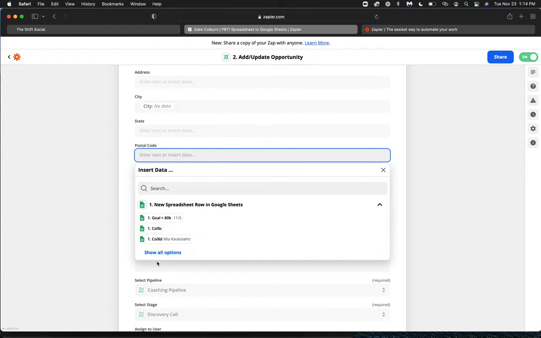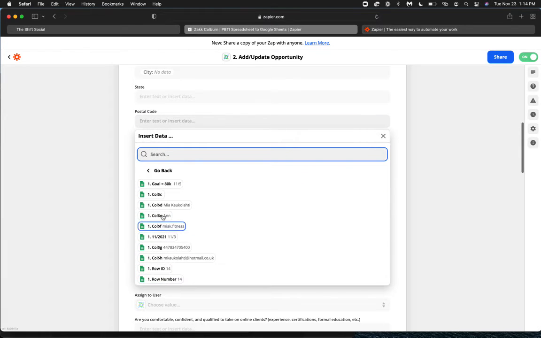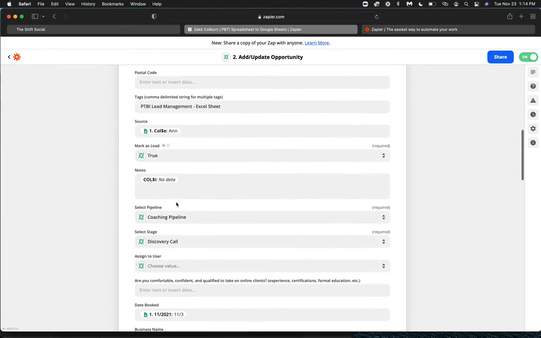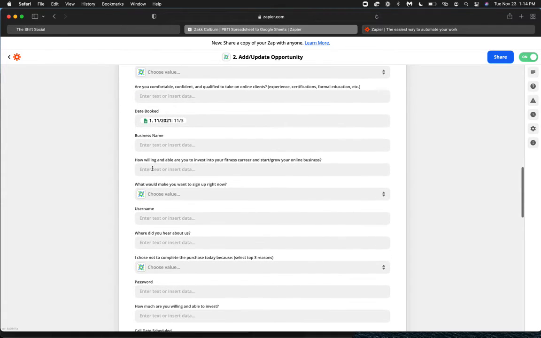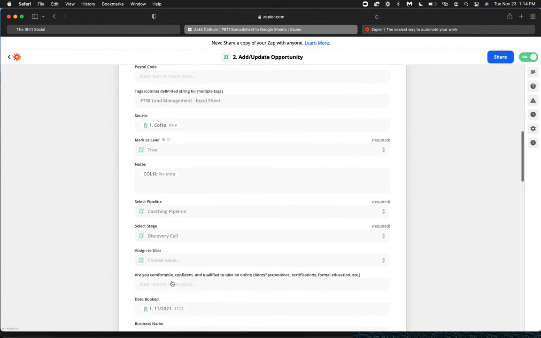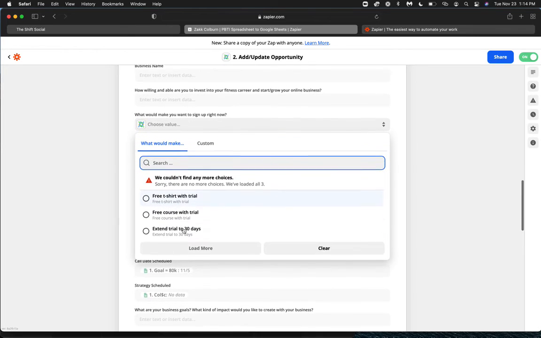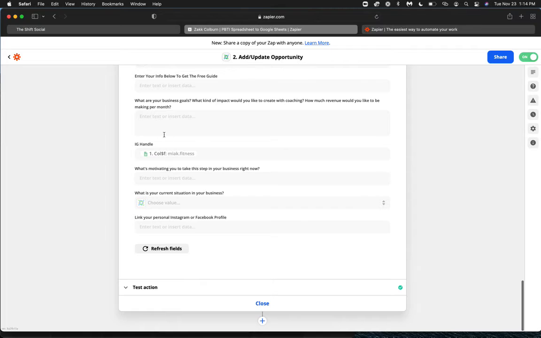And if we don't have anything in there, then we can click and look if they inputted their postal code. Okay, they didn't. Notes. Okay, so there's no data in the notes, but we have these different custom values. So with the different custom values, you can go in there and you can sync up the